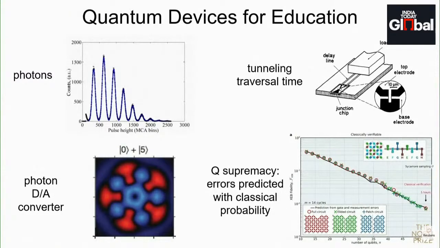And just to review that, we have this nice experiment that shows energy level quantization directly, which is really nice. We now can understand that tunneling traversal time. We have these photon generators, complex generators, and then the quantum supremacy experiment,